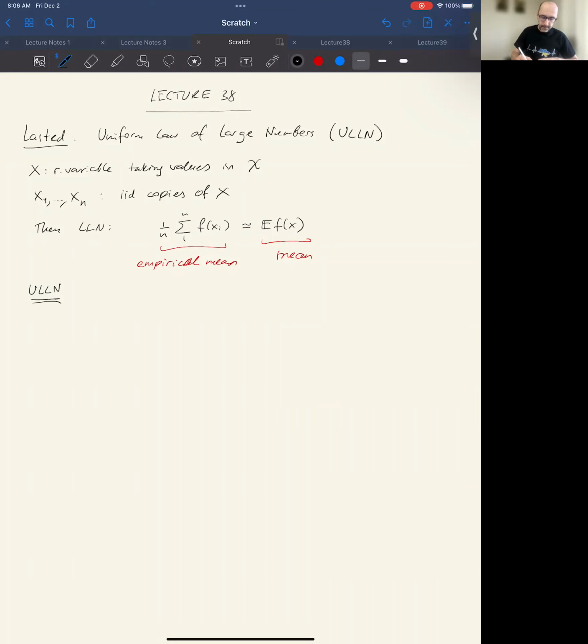It says that for any class F of Boolean functions, for simplicity, Boolean means that they take values 0 or 1. If the VC dimension of F is finite, and if you forget what VC dimension is, you can think of this as the number of parameters to parameterize functions in F. Okay, so if there are, let's say, polynomials of degree 11, then VC dimension will probably be something like 11. Okay, so for any class of Boolean functions with finite VC dimension, let's call it dimension D,